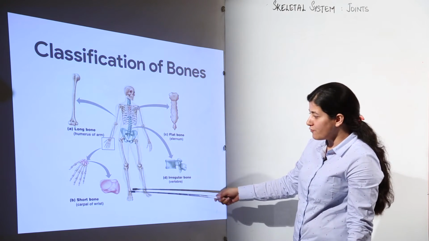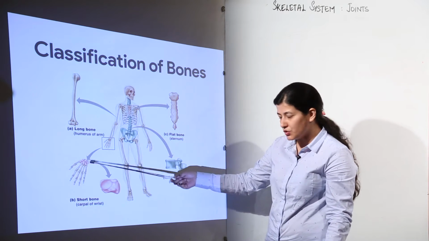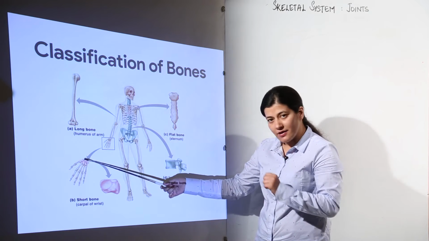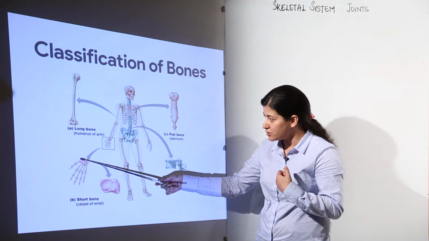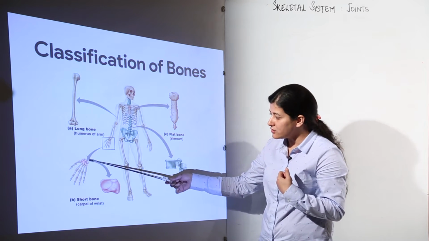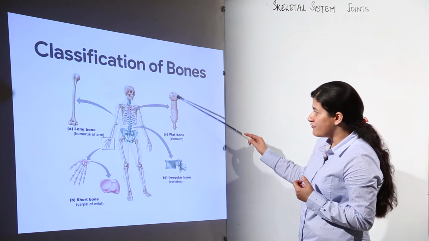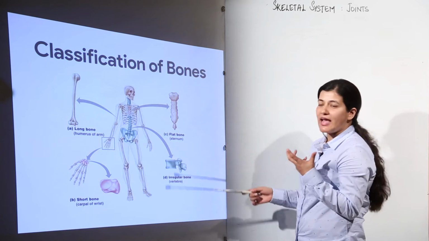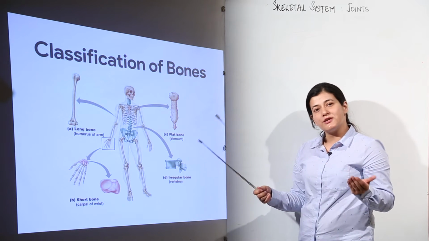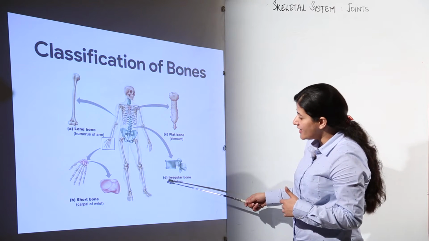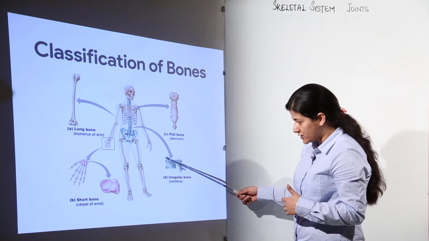Then the second type of bones is the short bones. As you know, there are 8 bones present in the small area of your wrist which takes the movement. So these are the carpals of the wrist, which are short bones, very small bones. And then we have flat bones. The flat bone example is the sternum, in which the ribs come and articulate. So we have the example of the sternum in it. And then we have irregular bones.